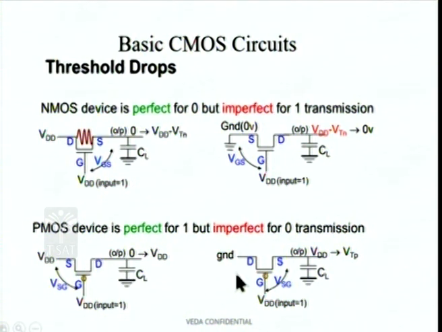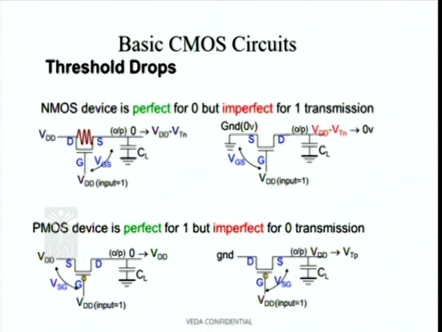On the other hand, if ground or logic 0 is applied at this point, then this is at a higher potential. It was VDD earlier, therefore this becomes the source and this becomes the drain, and the current starts flowing from here to here through this device, and this capacitance starts discharging to ground. Now, when it reaches a voltage equal to VTP, which is the threshold voltage of a PMOS device, the channel so formed inside this goes away.